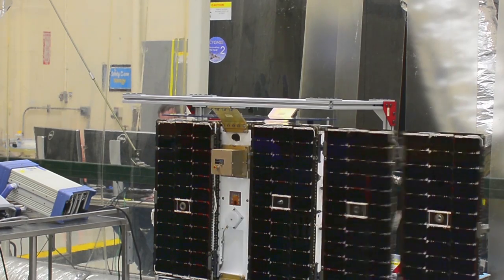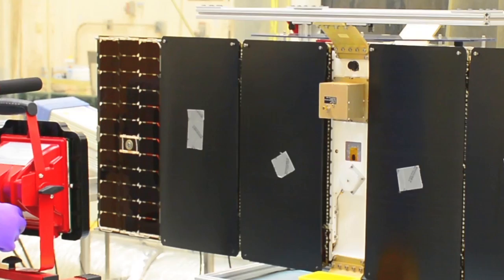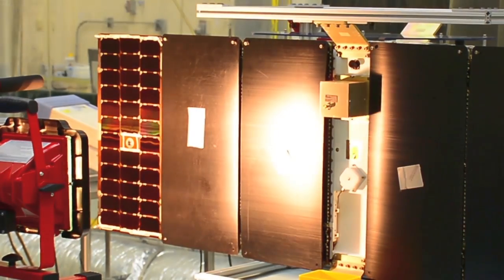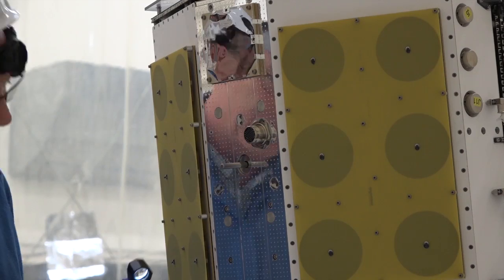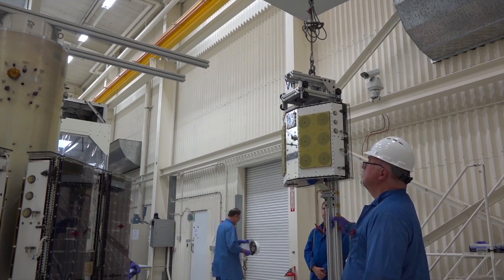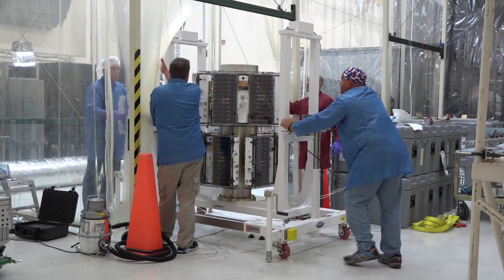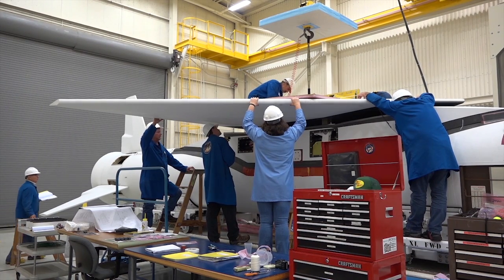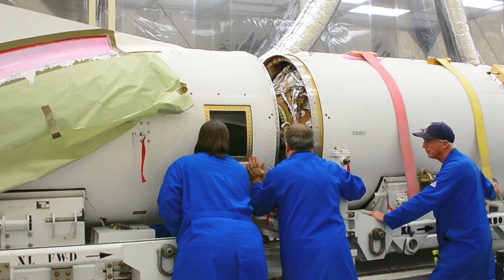Final assembly included installation and testing of power-producing solar panels on each of the 61-pound, 5.2-foot-long satellites. Once each CYGNSS microsatellite was fully checked out, it was installed on a cylindrical deployment module developed by the Sierra Nevada Corporation. While CYGNSS satellites were being processed, the Orbital ATK Pegasus XL rocket was being prepared in another part